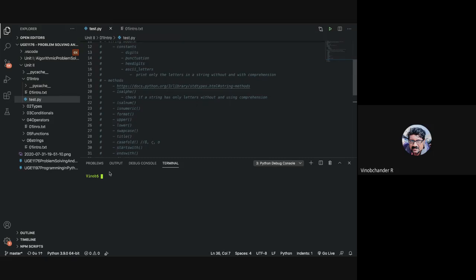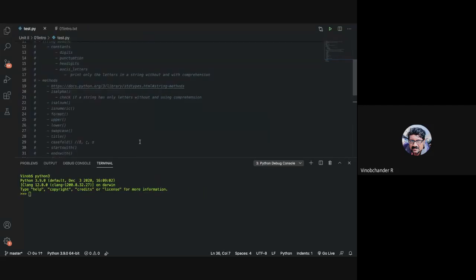Let us talk about upper and lower. This is very simple. What is upper? What is lower? Students, what does upper do? Let us start with upper.